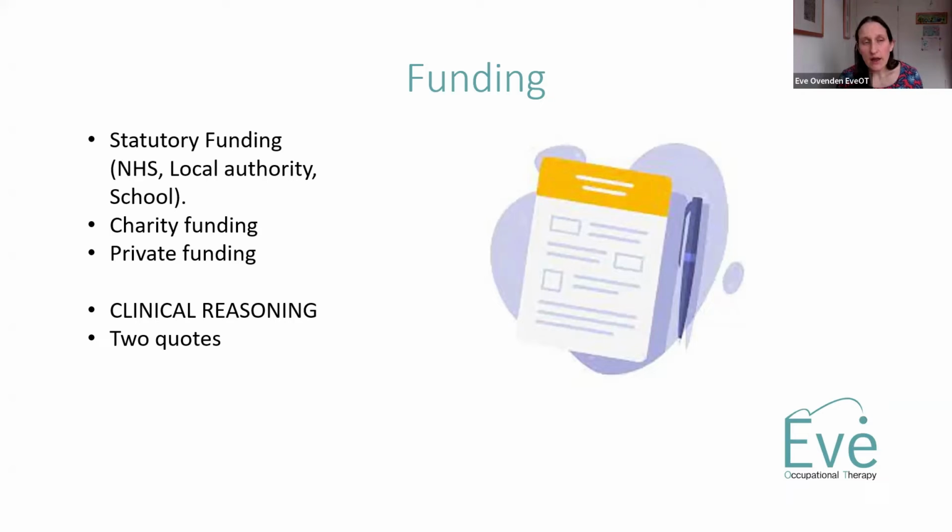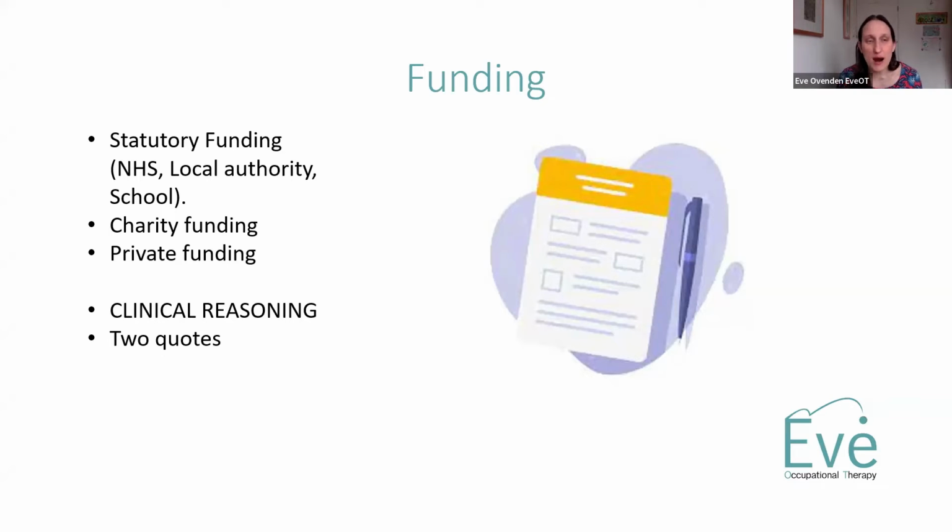Statutory funding, you need to look at your local policies. There may be that you have stock items that you need to consider first. So again, you go through that same process and look what's in stock in stores, and then consider whether that meets the needs or not. And if it doesn't, then you may need to put together a panel request. Charity funding is another option to go down,